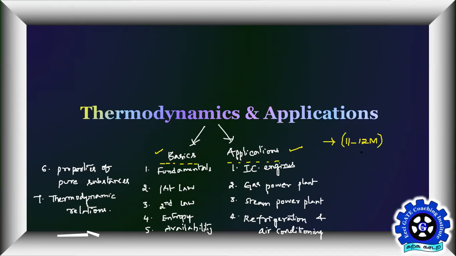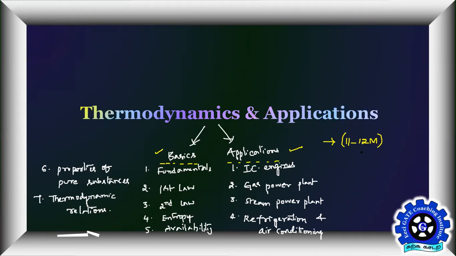Coming to the weightage of the subject, thermodynamics and its applications, in terms of GATE, you will see 11 to 12 marks, which is one of the most weighted subjects, I'll say, after your mathematics. The first one you will see is production, starting from your casting up to your industrial engineering. We call that total production. That will be around 23 marks. That's the weightage of production in your GATE syllabus.